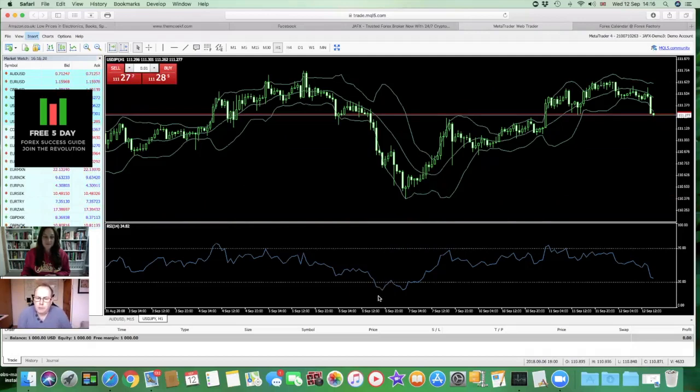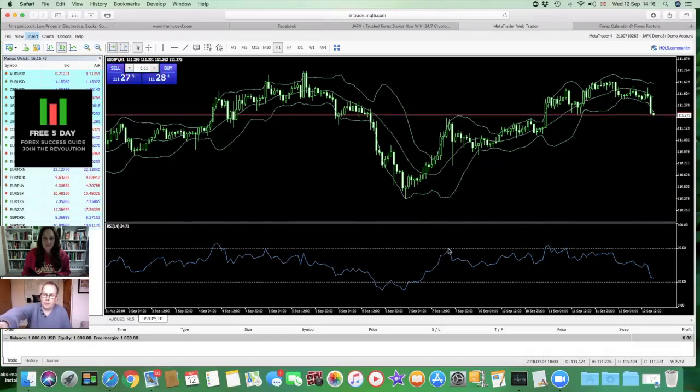If you move your mouse slightly to the right, a bit the other right, there you go. Put your mouse up onto the price. Now you can see, that's it, a little bit more right. So you can see where it starts to cling to the outer edge of the Bollinger Bands. Yeah, it's clinging again here. And then if you look on the RSI, you can see where the RSI indicated that it would